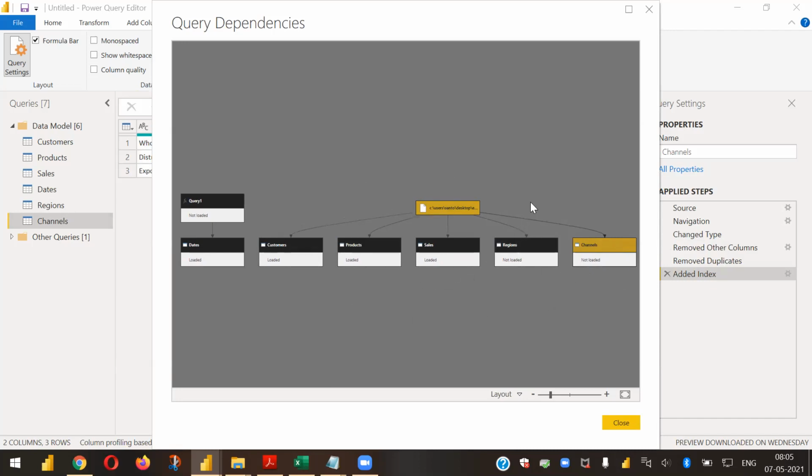So maybe for this I need to get you a different data set, because here we have everything in one single sheet. Maybe I'll get some other example to showcase this again, because I wanted to show you another level of table which comes as part of the next step, so that it says your original source is this and not this. Okay, so that's what I was trying to show.